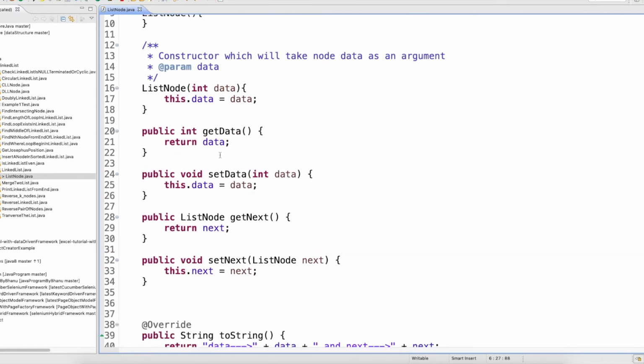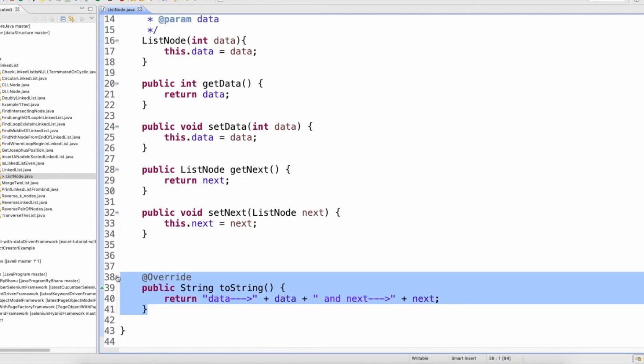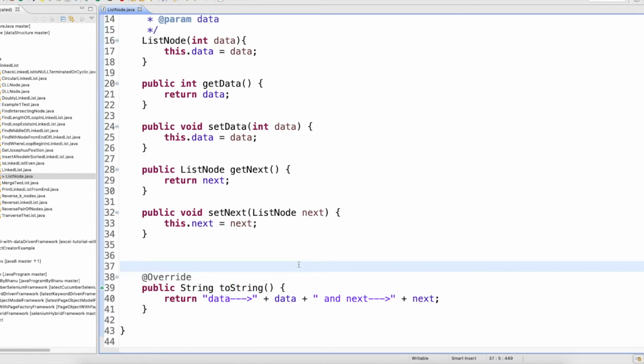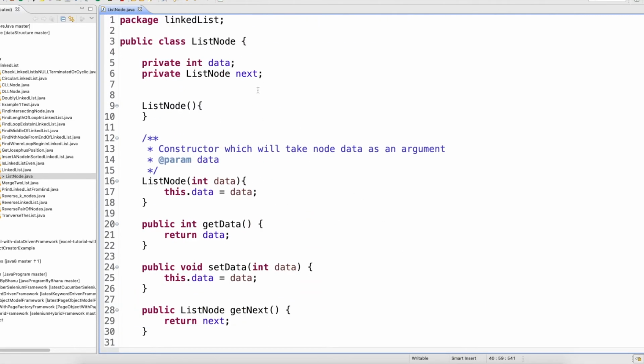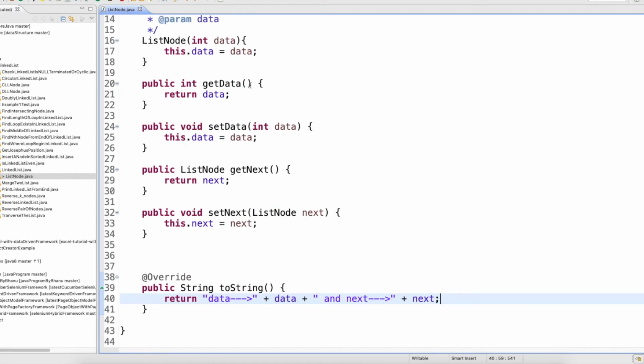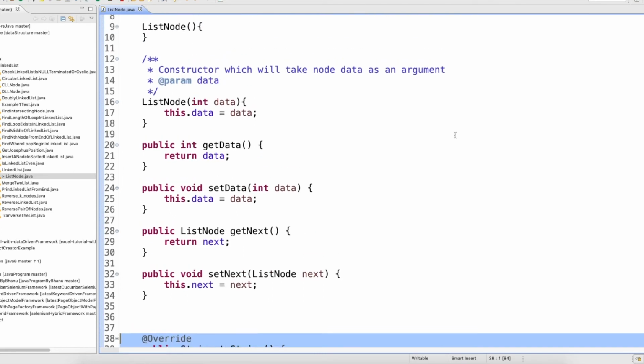So you have created the node object. Now I'm overriding the toString method. To override the toString method, you can just write @Override toString. This comes from the Object class, and when I run the program I need to see the data of the object. You know that when you print the object, it will print the reference, not the data. So I'm overriding toString here, saying print my data and print my next pointer, which you will see later. Even though you are not able to understand it for now, it's okay. So this is all about node explanation, how you should design a node.